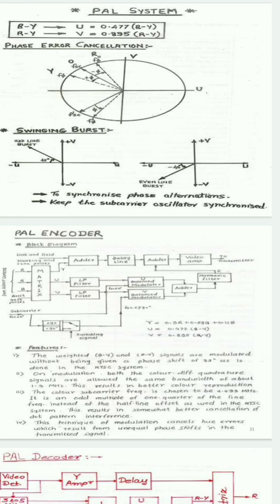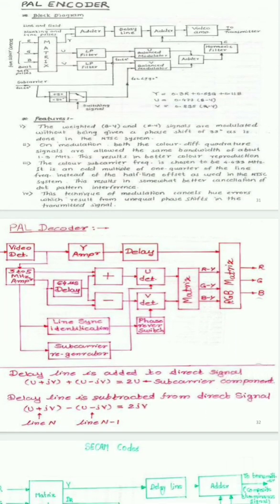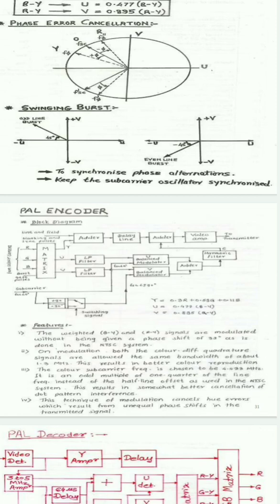Here you can take any of the different colors, for example red, yellow. You can take the primary colors and you can take some complementary colors which you will get. For the PAL system you will require a PAL encoder as well as a PAL decoder. If we are using the simple PAL system, this will give us the arrangement of the R and Y axis.